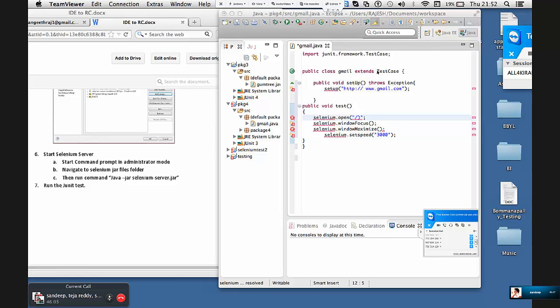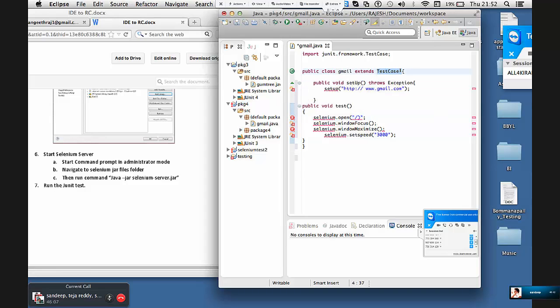You extended it as test case. It's not test case, isn't it? What is it? Selenium is test case. Yes. When I'm writing that one, it's coming up as an error. So that's why I just keep as a test case. Okay, let me see that. No, don't. Control Z. Command Z.